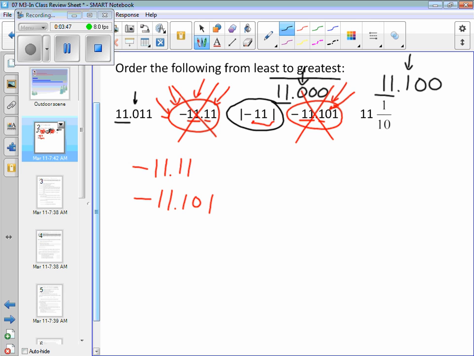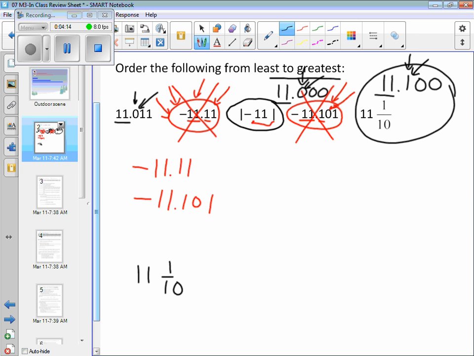And although we can't quite figure out just yet which is next in line, we know that positive 1 is greater than 0 and 0. So that automatically tells me that this is going to be the greatest. And I might as well just put that in, 11 and 1/10,